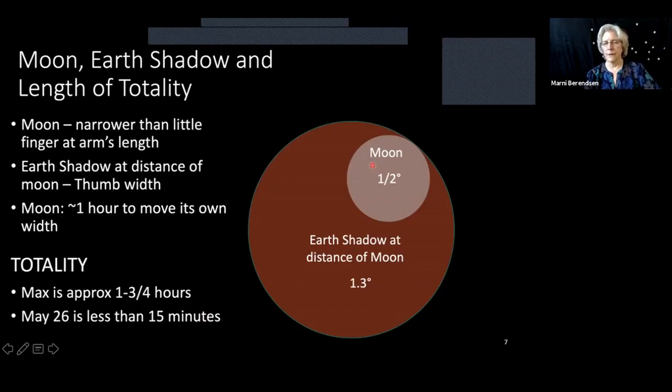So that means the moon must be almost skimming along one edge here, because it's within our shadow for only about 15 minutes. I think it's actually 14. So let's look at the schedule.